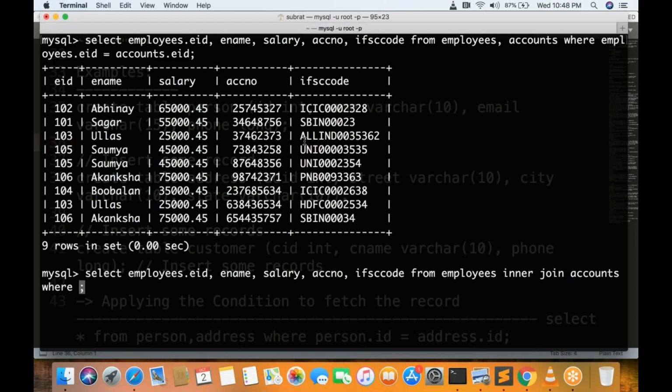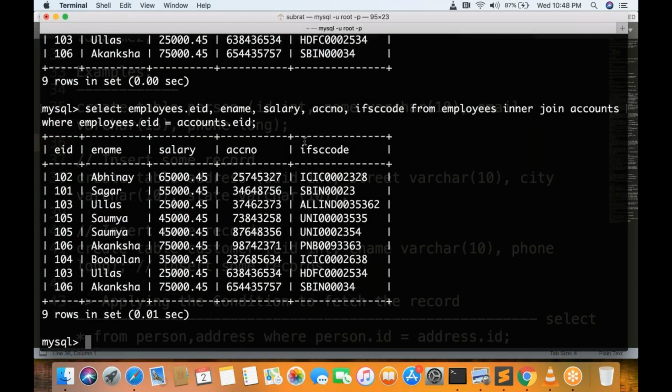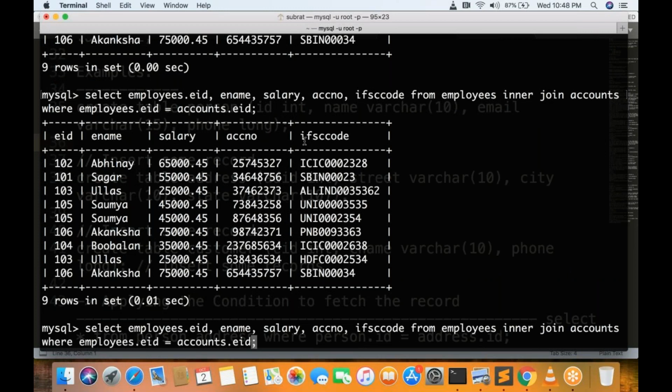Where employees dot employee ID is equal to accounts dot employee ID. In this case you can write this query like this, or instead of using where, employee ID is equal to accounts dot employee ID, how can you specify it? You can specify like this,